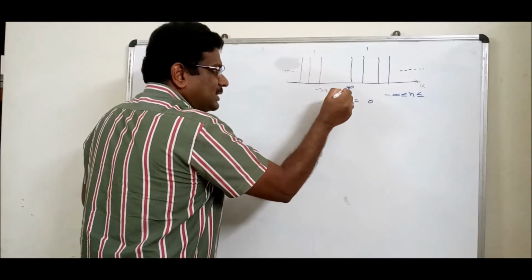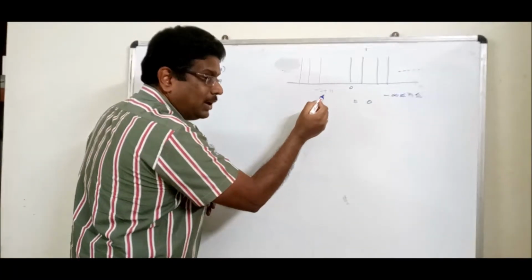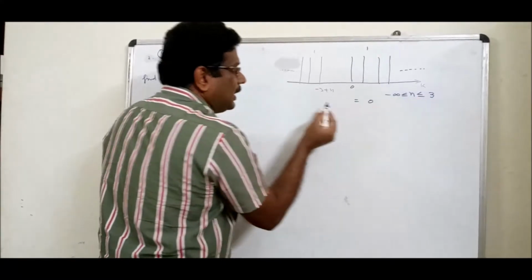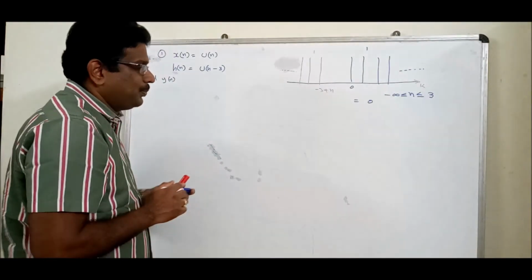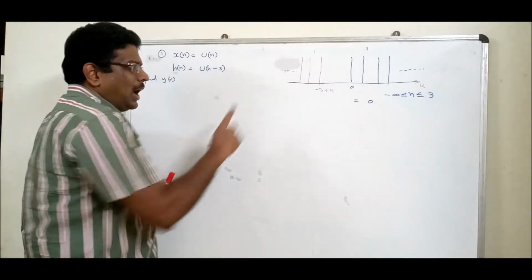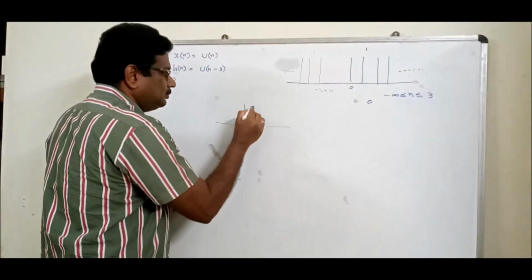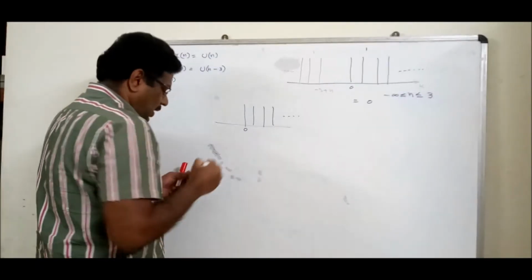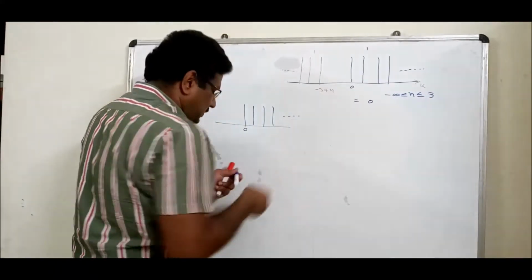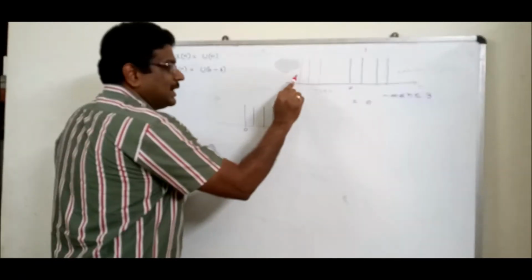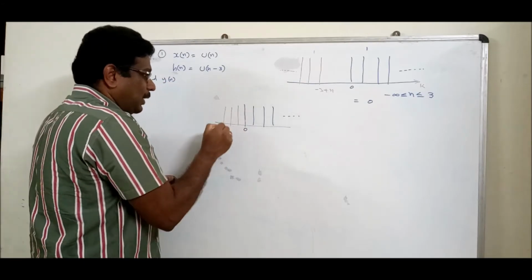If this value touches here, what should be the n value? Come on, minus 3 plus 3 should become 0. What should be the value? 3. Very good. So minus 3 plus 3 is 0. Now a small critical issue is there, the same as in our continuous case: up to this touching it is 0. Let me explain that. What value are you going to substitute? 3. If you put 3, minus 3 plus 3 is 0. Under that situation, this red signal will come and touch here. Am I right? It touches. Now what is the beauty here?